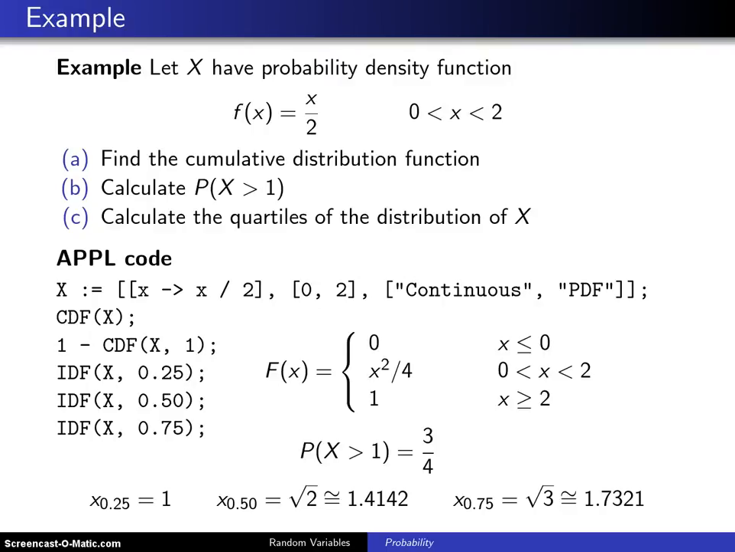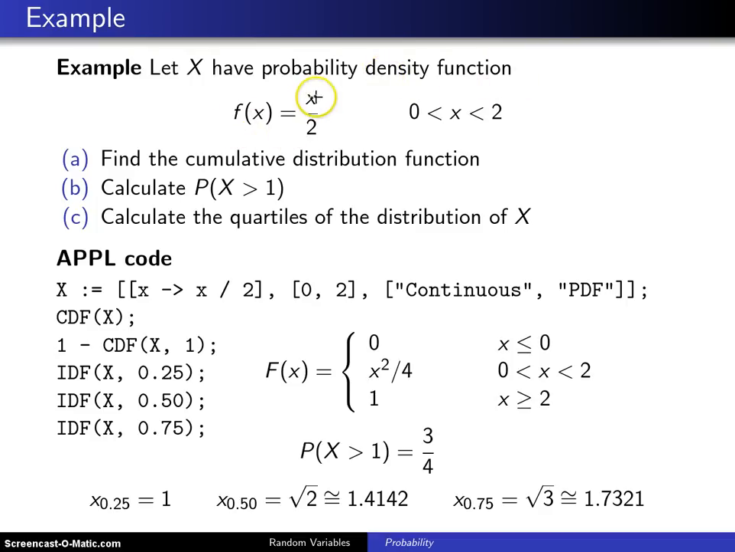The previous example illustrated how APPL's list of lists format can be used to define a discrete random variable. This example shows how the APPL list of lists format can be used to define a continuous random variable. Let x have probability density function